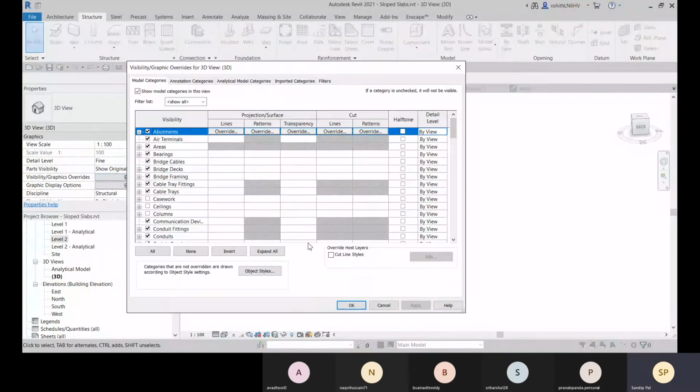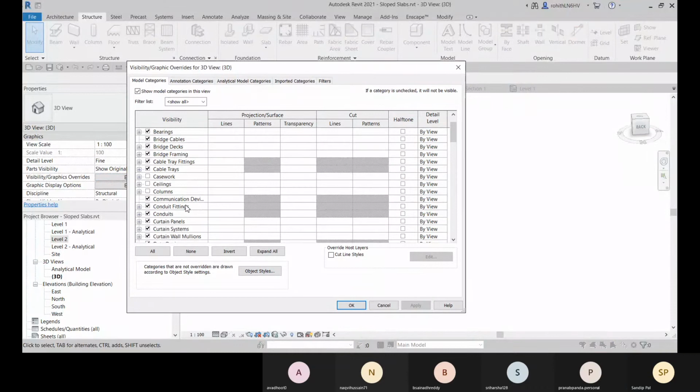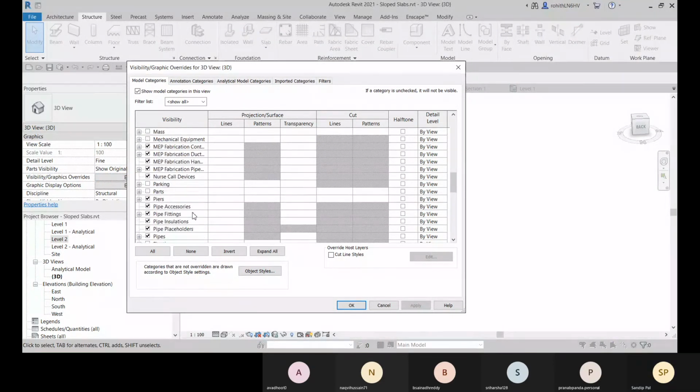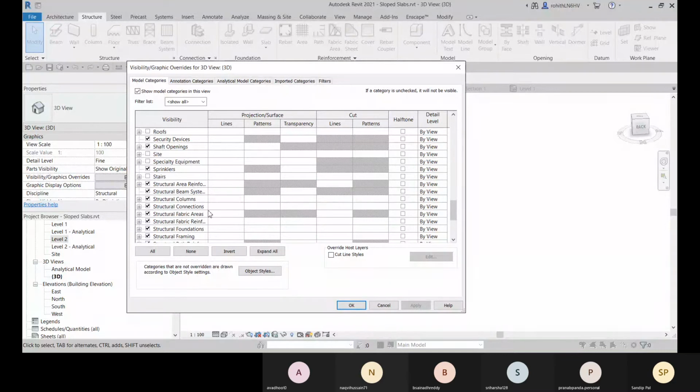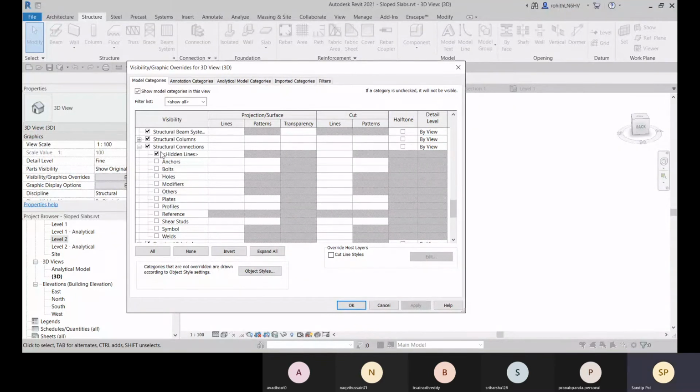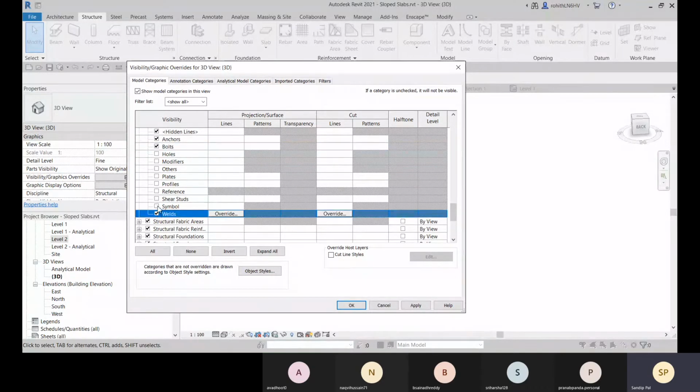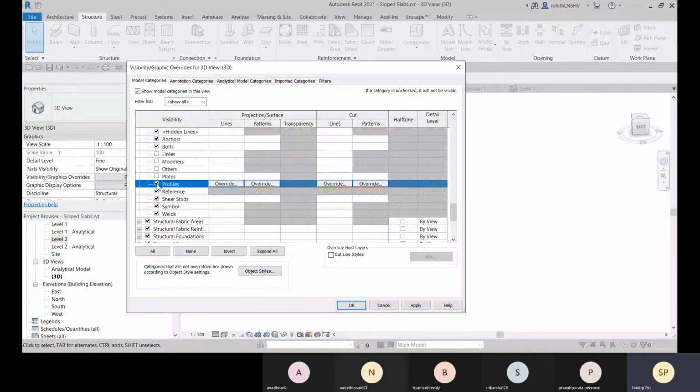Let me go to this visibility graphics. Now let me check. Okay, so here you can see that these are not available. These were not selected, so that's why I was not getting it.